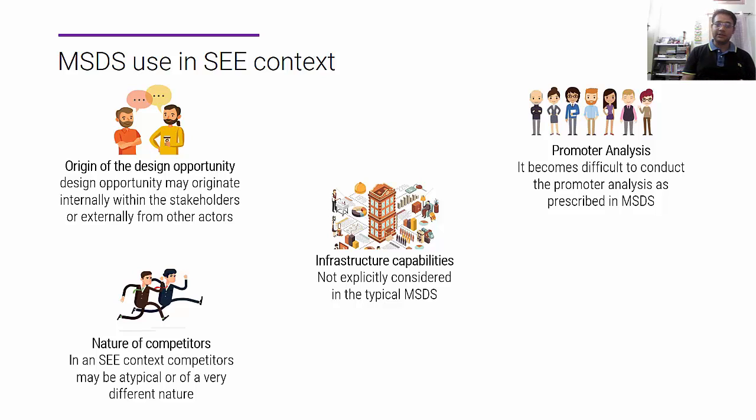Unlike in typical scenarios where a product competes with another product, a service competes with another service, or a combination of such, in an SEE context, the nature of competitors may be very different. For example, in Swalkuchi's case, the competitor to a Muga silk fabric is gold, because it is mostly used in marriage times, and the budget gets divided between buying Muga silk fabric, which is very expensive, or buying gold.